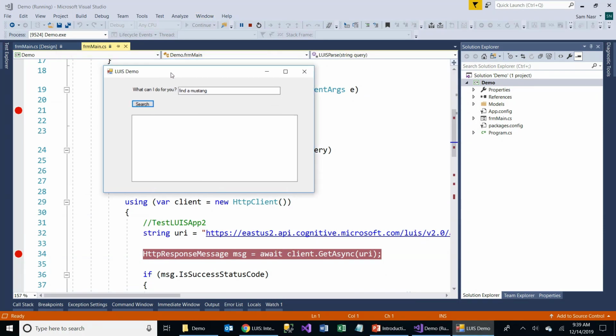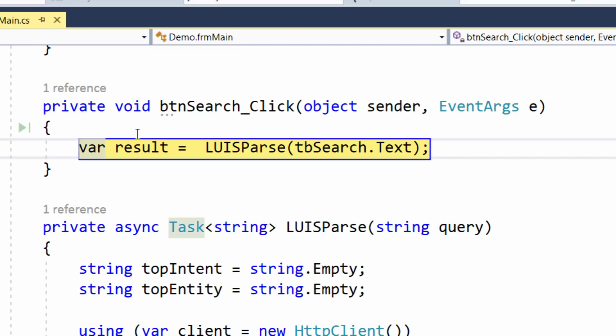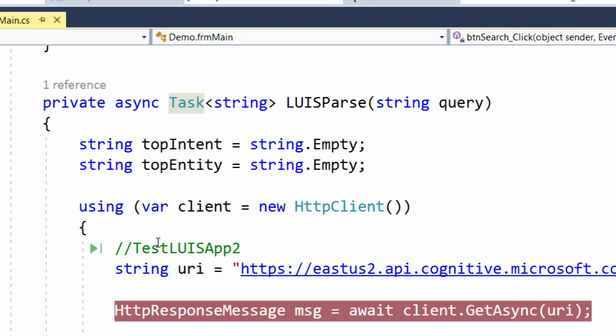So in the kiosk, it says, "What can I do for you today?" Folks in the back, can you see that okay? Okay. So we'll magnify it a little bit. Okay. So I just simply state, find the Mustang. And I click search. And then looking at my code,